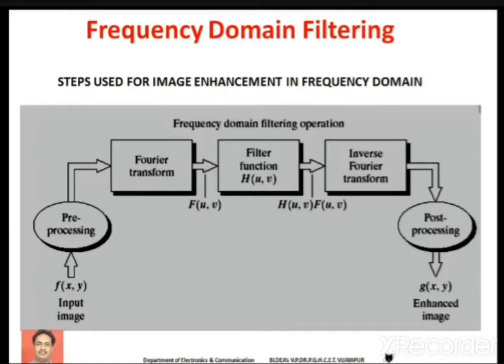However, to adjust the origin of the spatial domain image to the frequency domain, we carry out an operation which we call pre-processing. The idea is that we multiply f of x comma y by minus 1 raised to x plus y. Please try to understand: in the first step, we multiply the input image f of x comma y by minus 1 raised to x plus y. This operation we call the pre-processing operation.